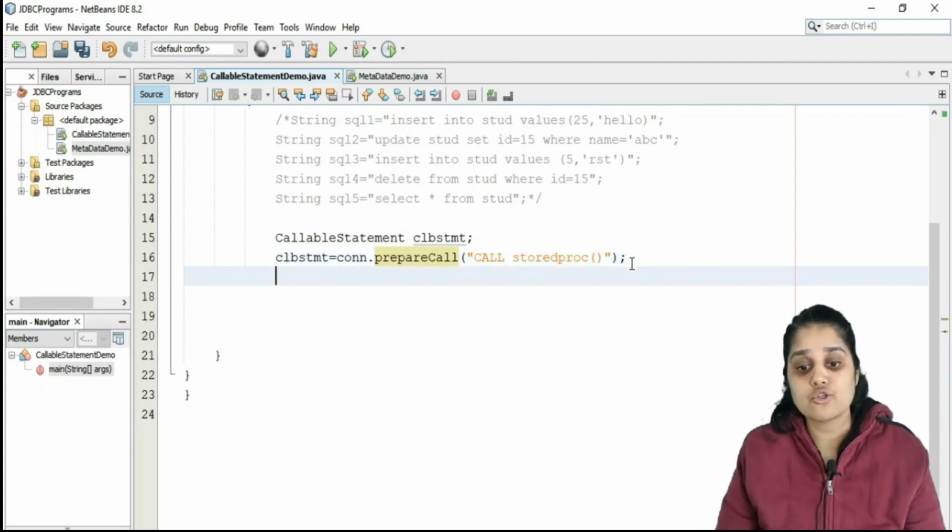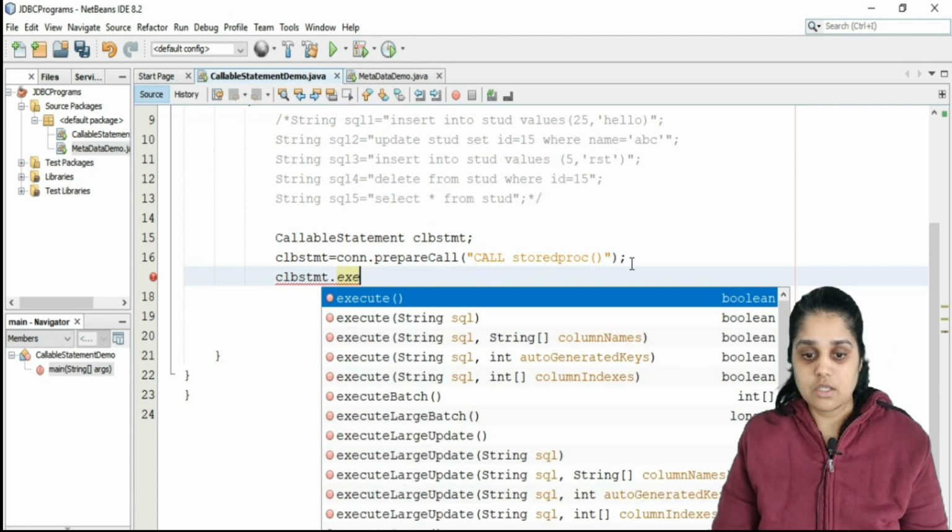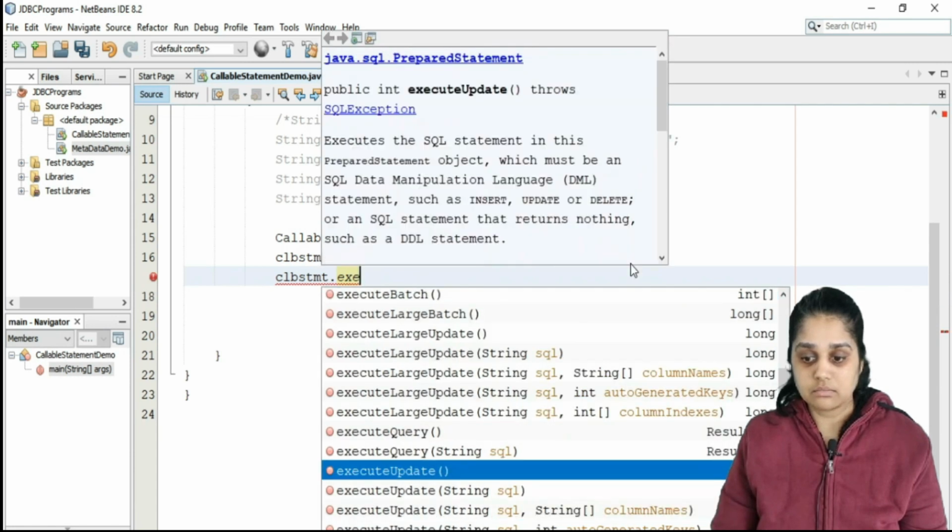Now inside your stored procedure you have an insert statement, so you have to use either your execute method or your executeUpdate method. You cannot use the executeQuery method. So we are going to use executeUpdate. So we can write callableStatement.executeUpdate.